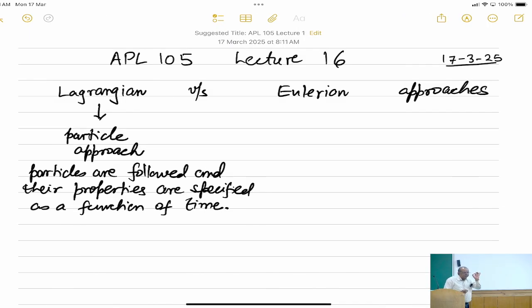So we look at one particular particle, follow it, and whatever property we say is associated with the